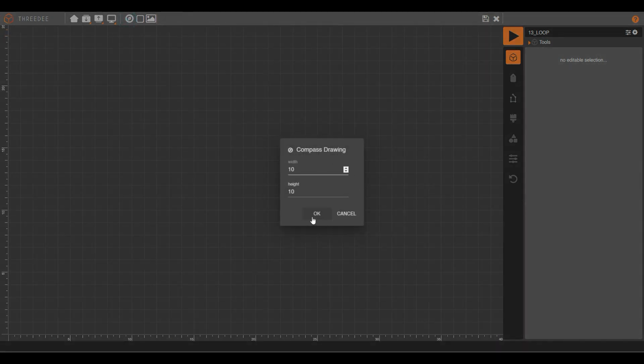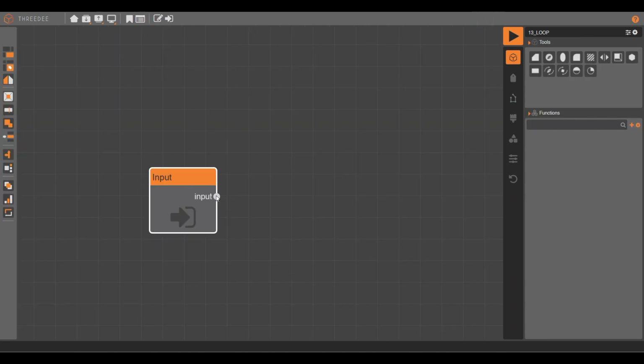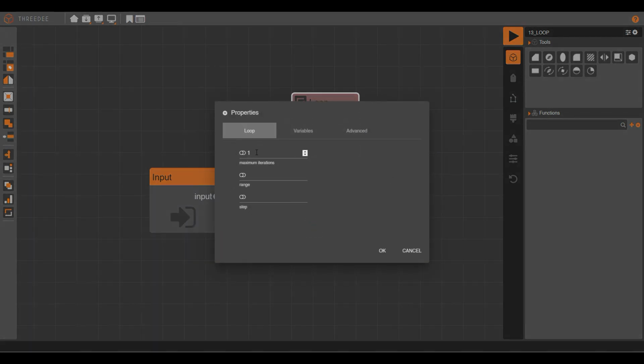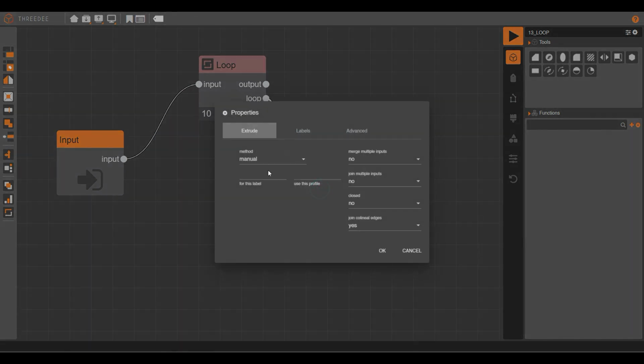with a simple sketch, 10 by 10 units. And now we're going to apply a loop. Here we select how many cycles we want. Let's select 10 cycles. And here in the loop output, we're going to model what we want the system to do in every loop. And I want the system to do an extrude of 10 units